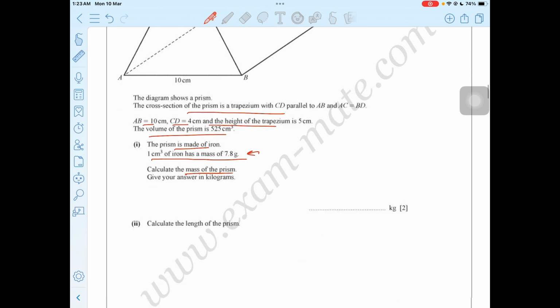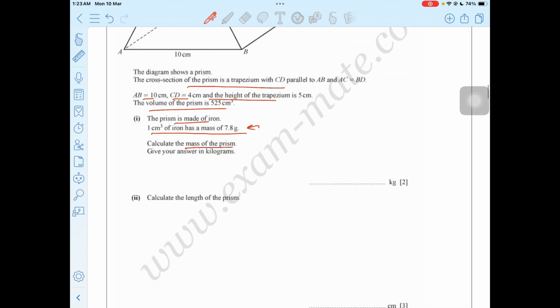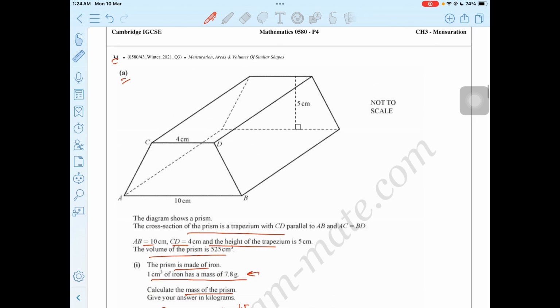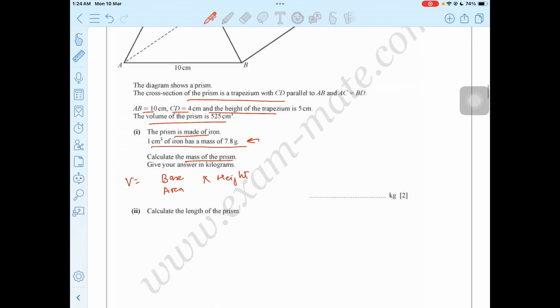So we have height, we have parallel sides. So the volume is basically base area into height of the prism. We have our height. We have to calculate our height, right? Or no, we are given the volume. We are given the volume. Okay, so we are given the volume, and we have